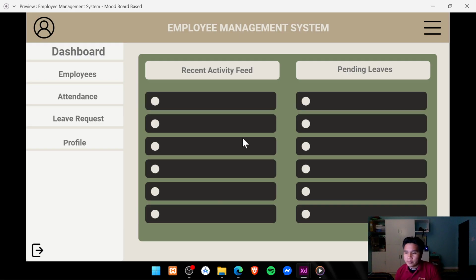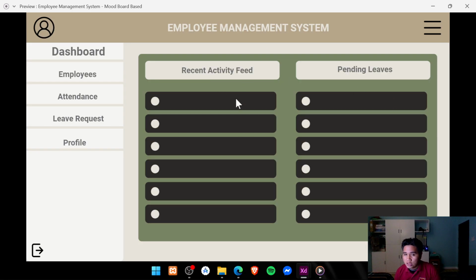The first thing that I see in his page after you log in is that the navigation bar is not working and there are no icons in the sidebars that can indicate the pages. Next, let's go to the dashboard page, which has two tables, recent activity feed and pending leaves.